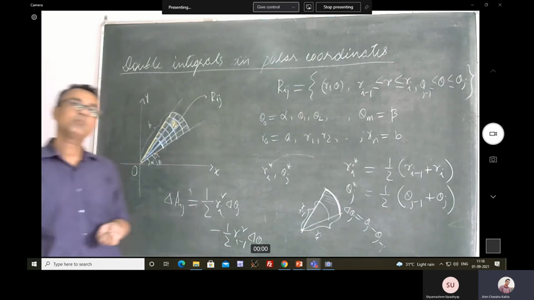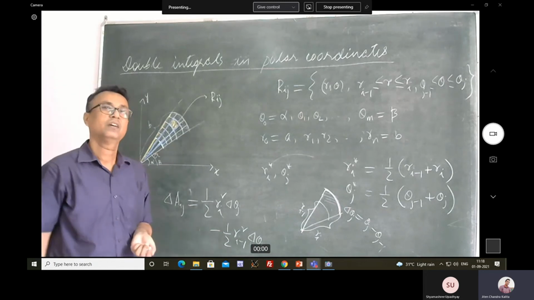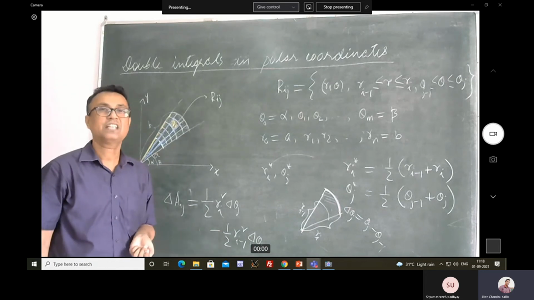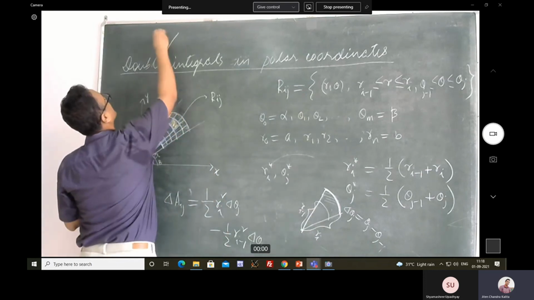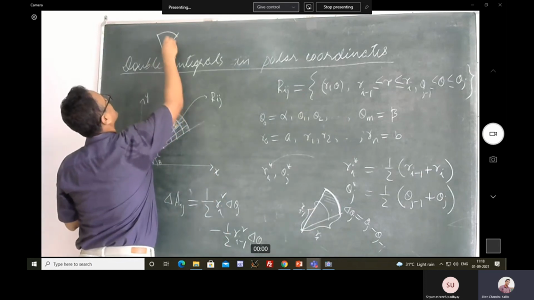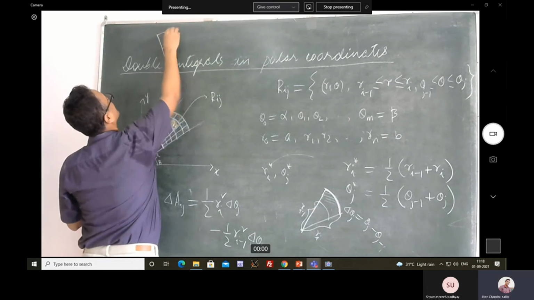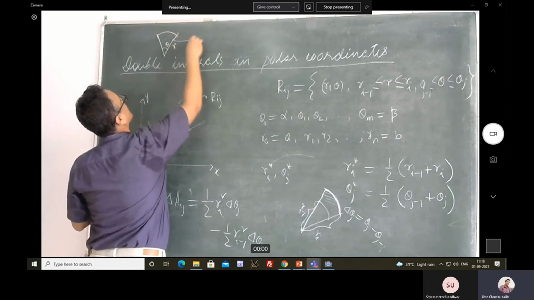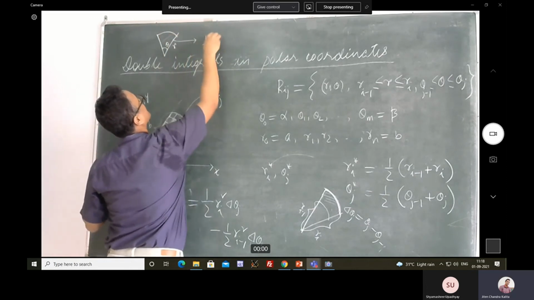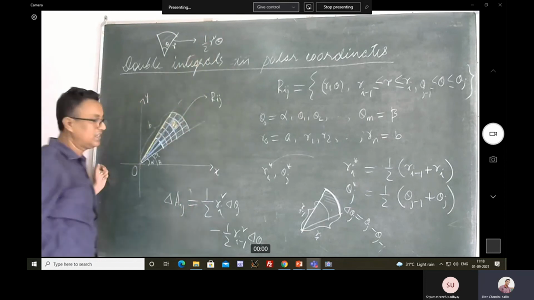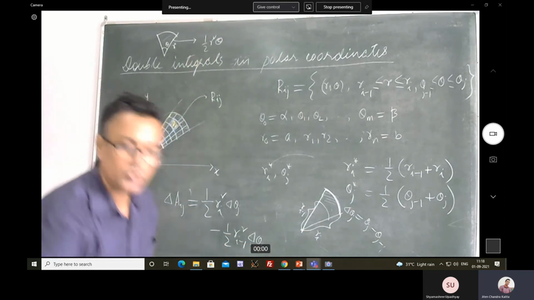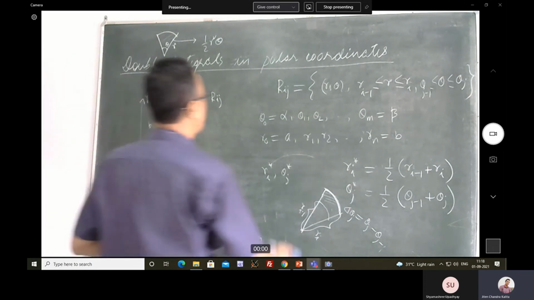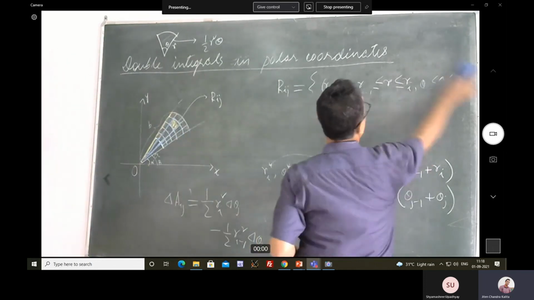Because you know that the area of a polar triangle is given by what? Half r square theta, isn't it? If theta is the central angle. So if you have a situation like this, right? The area of this polar triangle is given by half r square theta. This is the similar situation here. Fine. So then if I want to evaluate it,